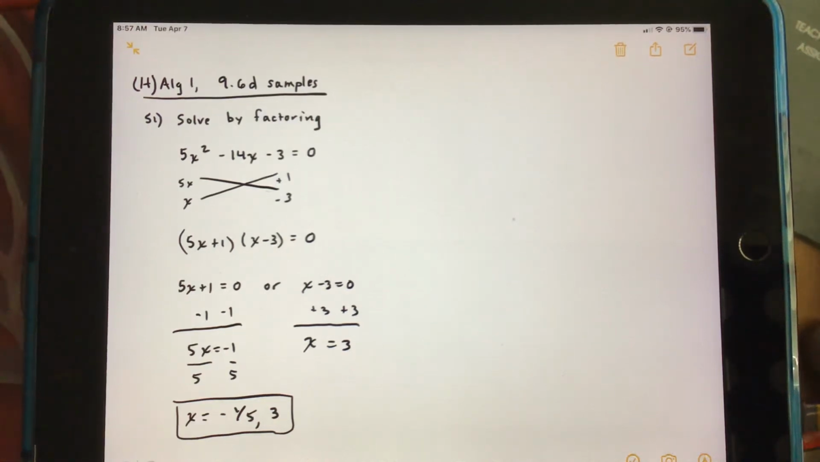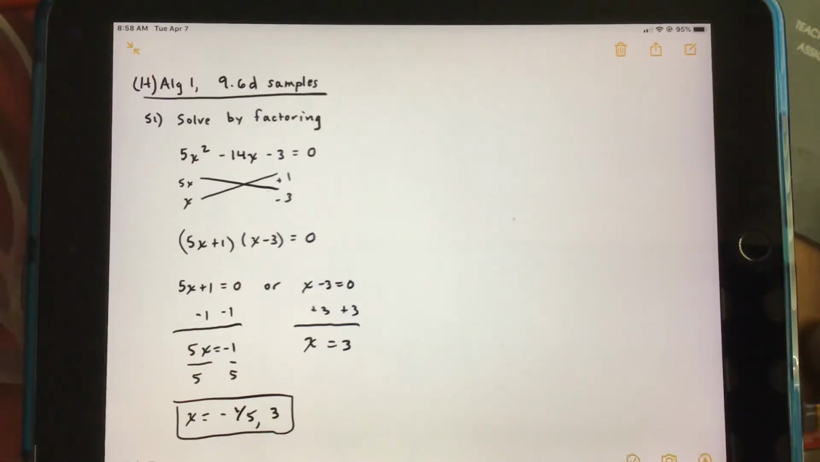Morning algebra classes. We're going to take a look at 9.6D samples, preparing us for our quiz 9.6D today. So we're going to take a look at some quadratic equations. We're going to follow the directions for how we're to solve each of these. So we've been working a few days on mastering being given a particular solution method and to implement that to